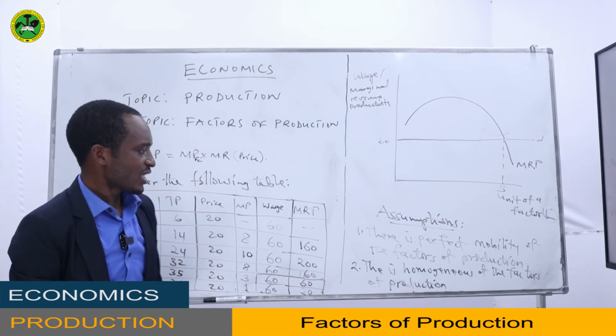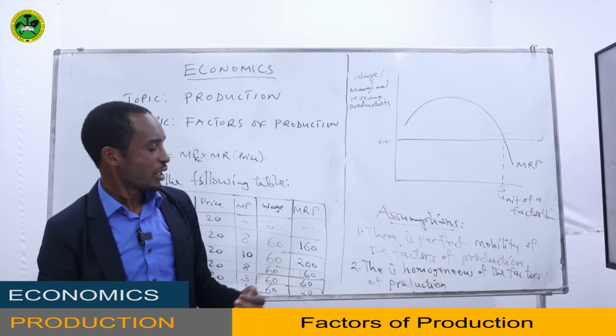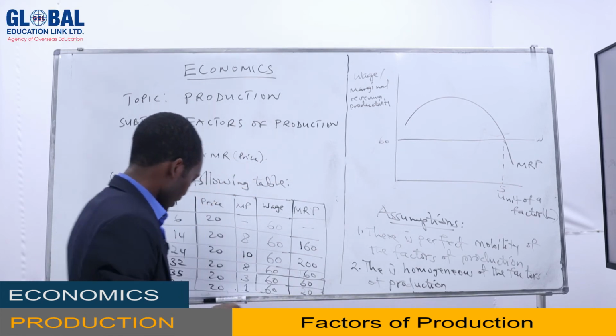So the factors of production are homogeneous. It means they are equal in strength or in their productivity. Also,